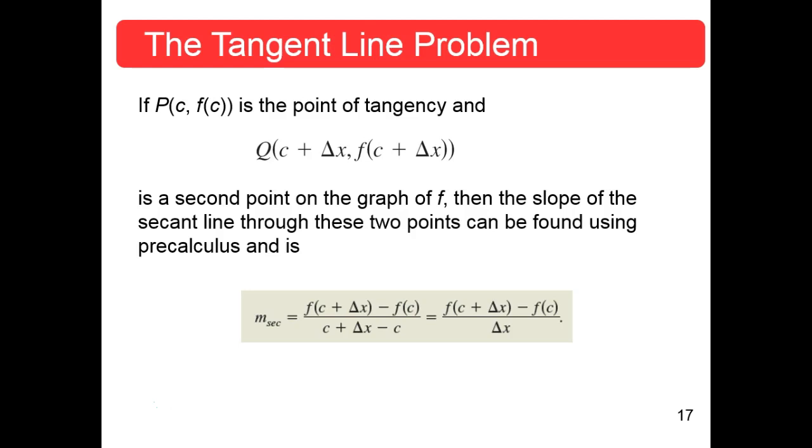F of C plus delta x minus F of C, that's your change of y over your change of x, over C plus delta x minus C. But look here, C minus C, that's 0. So you have change of y over change of x, delta y over delta x, that's your slope of the secant line. It's just we do it in function notation rather than y notation. Okay? Now,